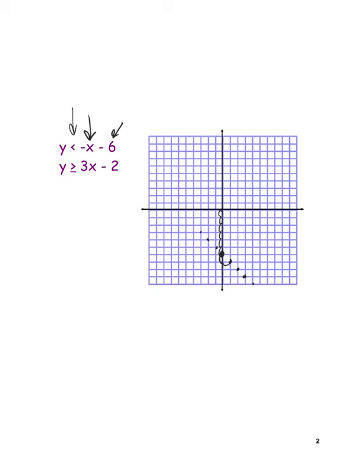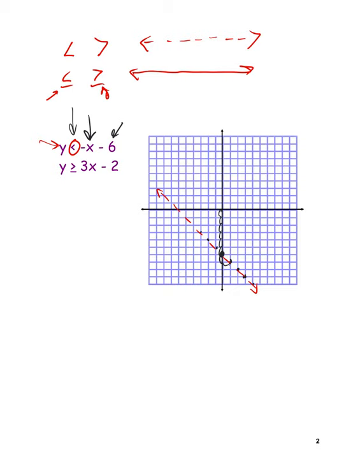If you look here, the inequality between the y and the equation is a less than inequality. When we have a less than inequality, that means the line is not part of our work. So if we have a less than or a greater than, we draw our line as a dashed line to represent that it is not part of the true statement, versus if we have less than or equal to or greater than or equal to, we draw a solid line, because that equal to means the line is part of our correct answer. So with this less than on this first equation, I'm going to draw this line with dashed